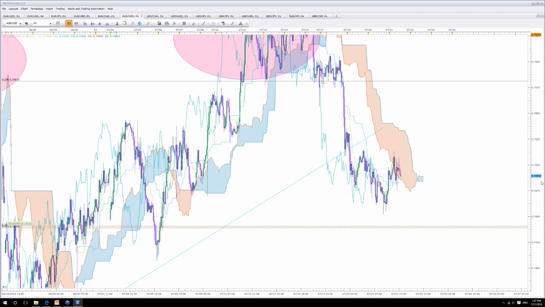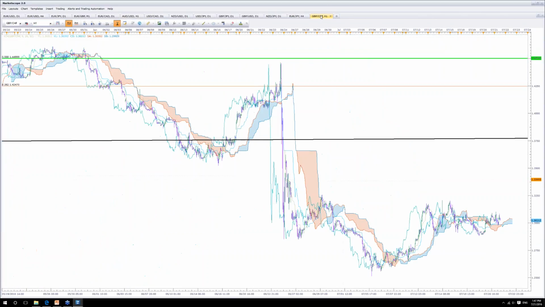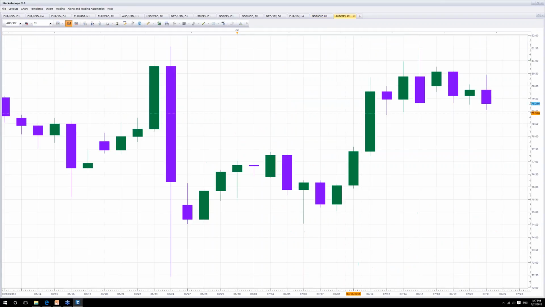cover another Aussie cross. And I may go by, let's see... we can do Aussie Kiwi, we can do Aussie Yen. Let's do Aussie Yen because the Yen has been doing crazy things recently,